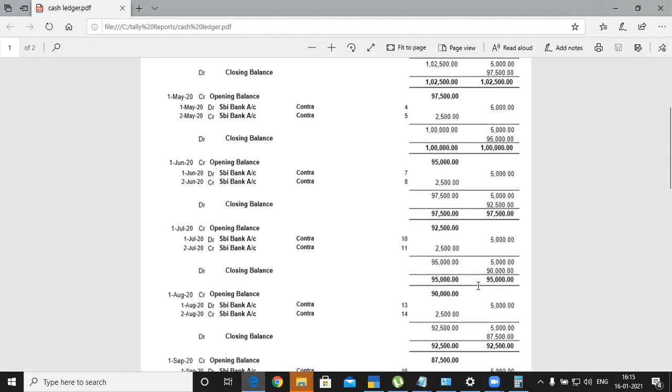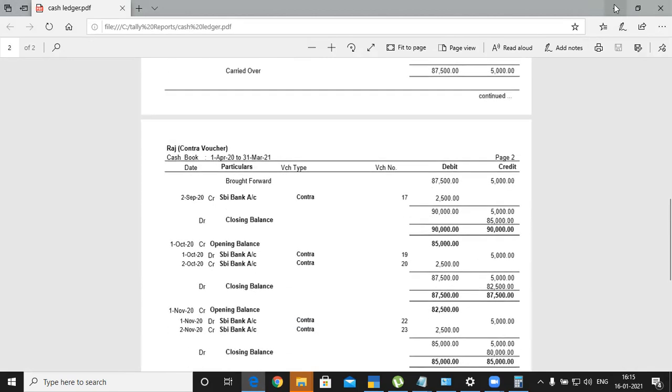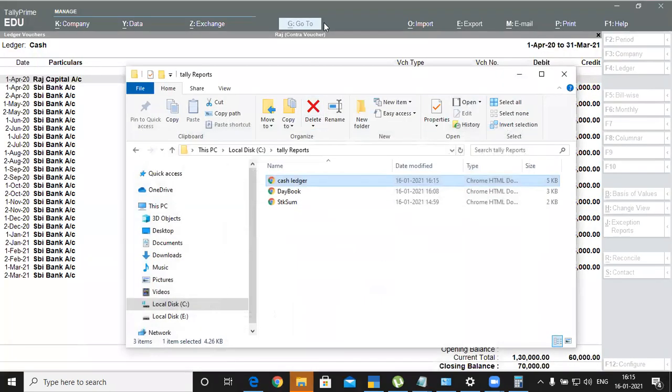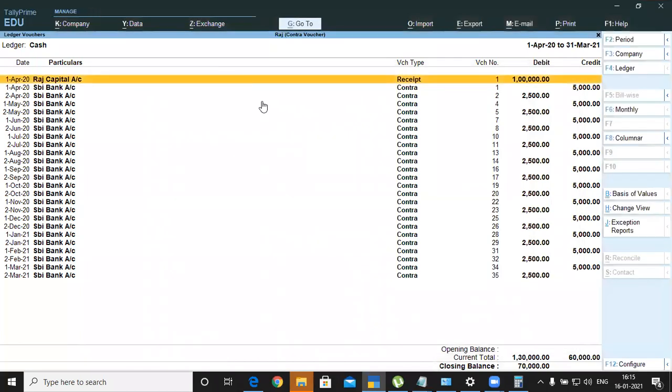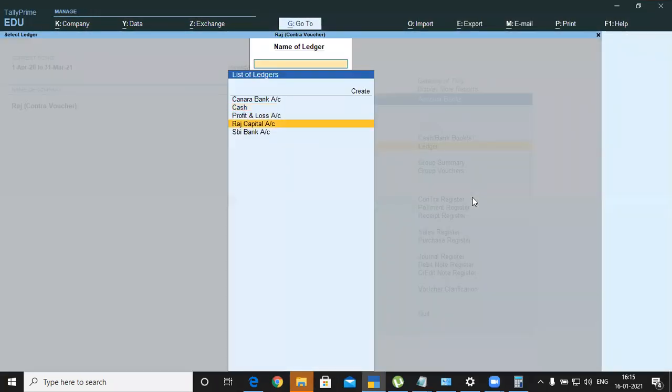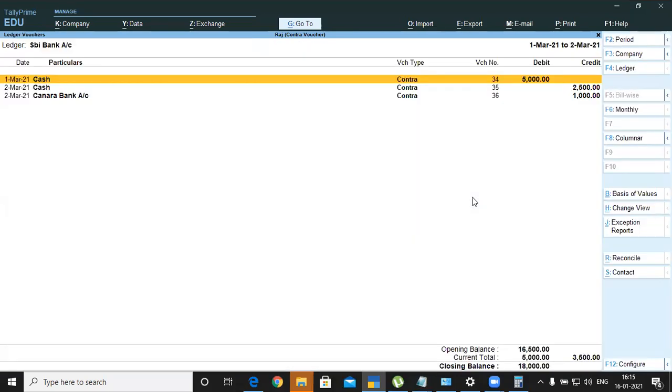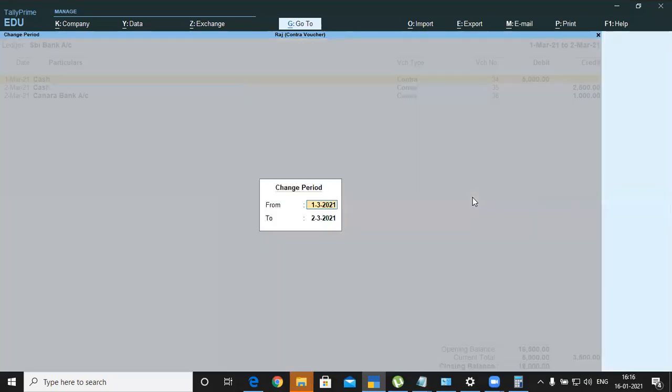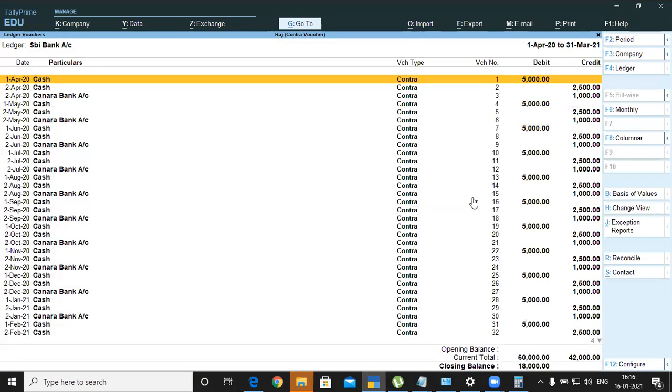So everything gets printed. Okay. Then you can take one more, that SBI also, 1st of April to 31st of March.